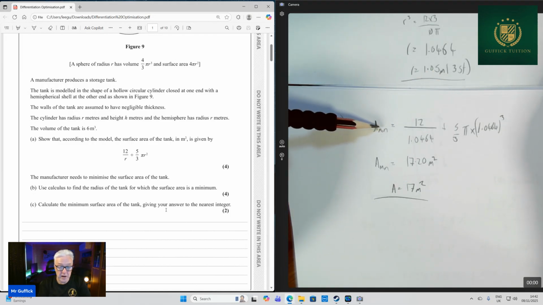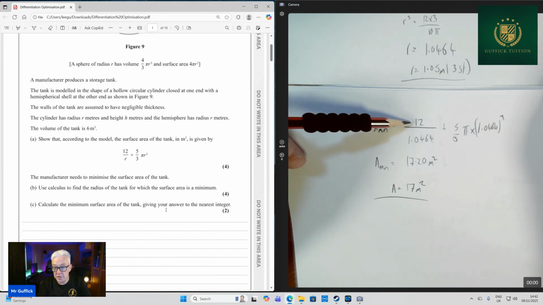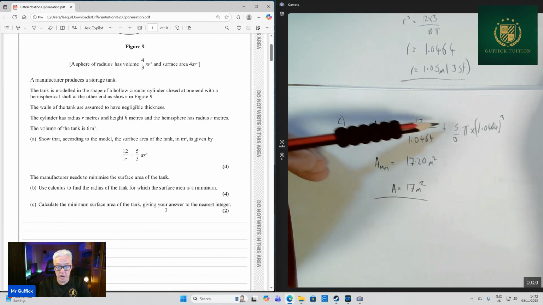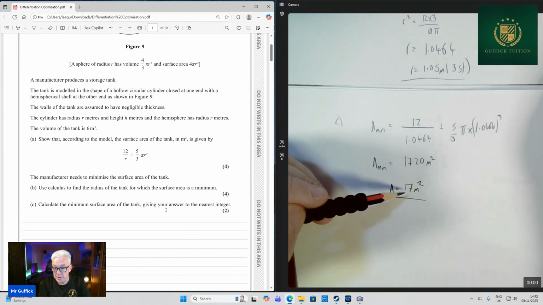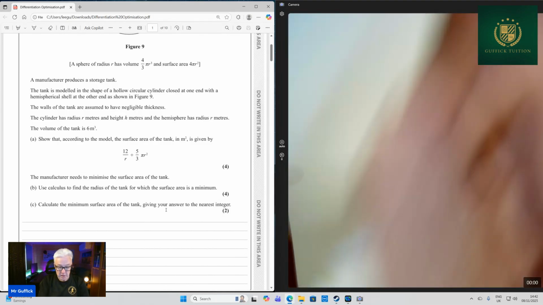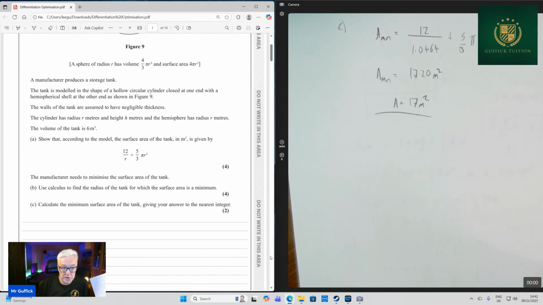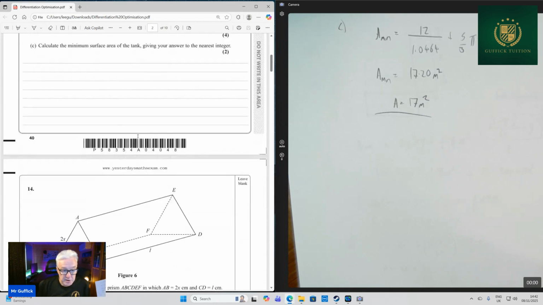So we just sub that value of r back into the original equation that we found out in part A. So the 12/r plus 5/3 pi times by the r³, and that gives us the area. It says give your answer to the nearest integer. So that is 17. Now, this particular question didn't ask us, but sometimes questions of this type ask us